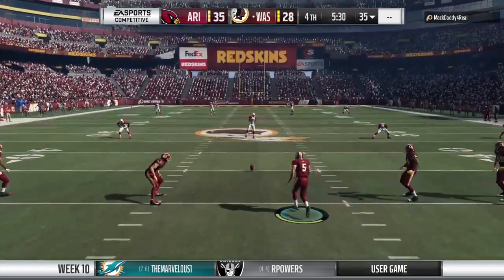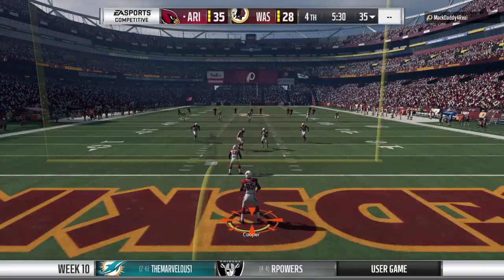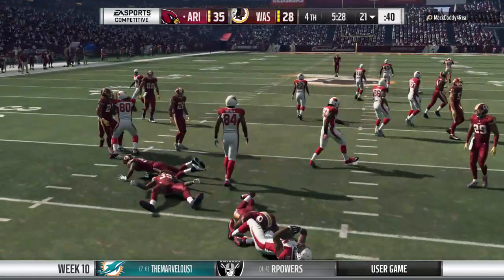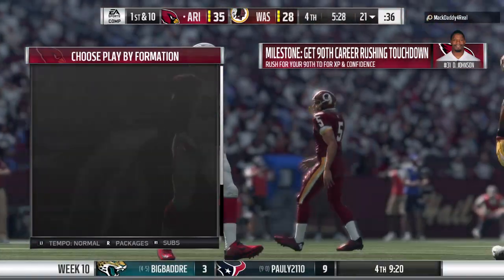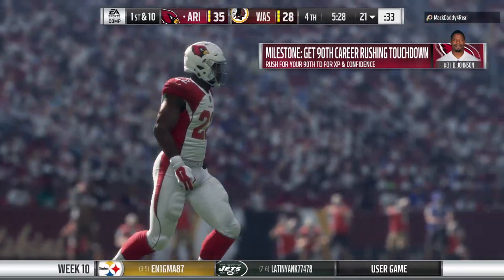Set now to kick this one away, and off it goes. That'll be taken in the end zone. And he's able to get it across the 20, but not by much, as he's marked down at the 21-yard line. The Cardinal offense here ready to take over, and it's a unit last drive that did it all on